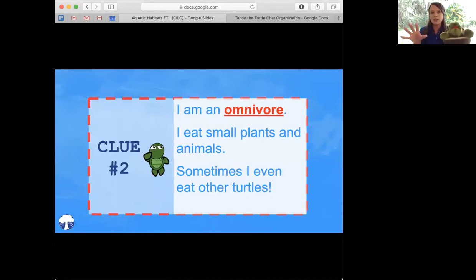Now, I know you talked a little bit about the trees that are around, but we know that Tahoe has another clue, and everyone can read it up on the screen, and then I'm gonna pull it out here. It says, I am an omnivore, I eat small plants and animals, and sometimes I even eat other turtles. Tahoe, we need to talk about that.